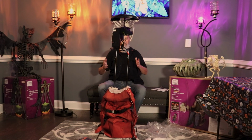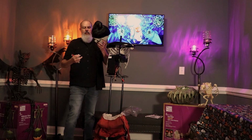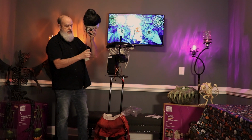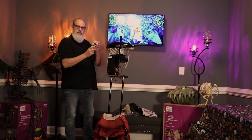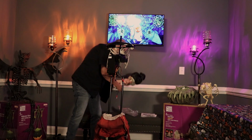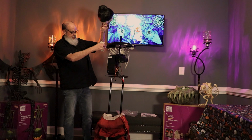The next step is to place the head and the neck. And what you will need to do is to run the cables up through the neck piece first. So they're going to go down on that. So it looks like the big hole will go to the top, the small hole will go to the bottom. Basically run your cables down through. If you set this down somewhere, it'll be easier to do, but